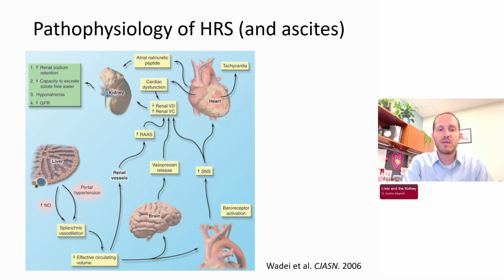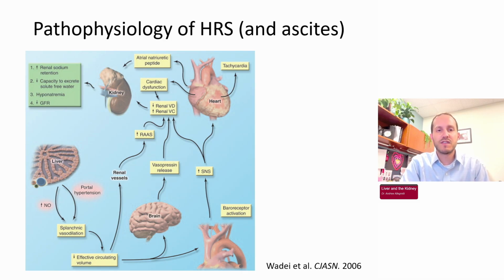You get hyponatremia. But then when the vasoconstriction gets so severe, it results in this largely functional AKI that we define as hepatorenal syndrome. I always mention that the heart is an important part of the physiology of this population. When I think about these patients who are maybe ambulatory and they have a relatively normal creatinine and they're either getting large volume paracenteses periodically or balanced on their diuretics, that's a high output state.